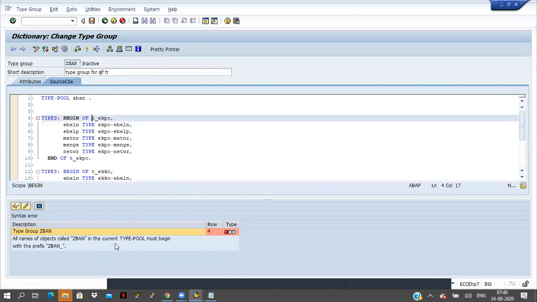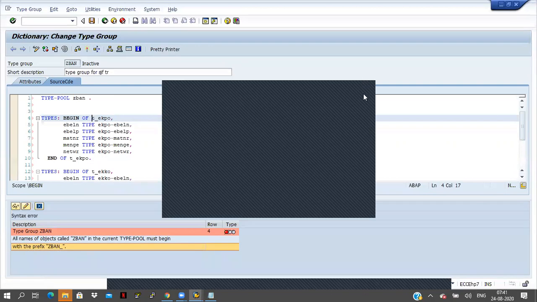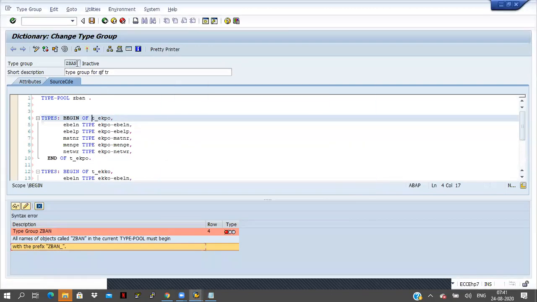ZBAN is the current type pool, must begin with prefix ZBAN. Okay, understood. So here I am taking ty underscore ekpo, right? But here one condition is there. What is the type group name here? ZBAN, right?